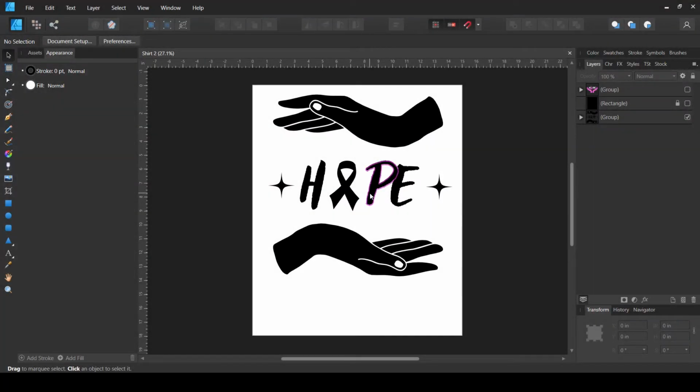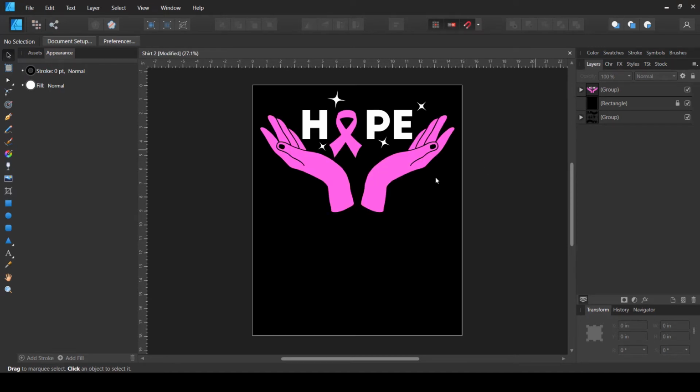And this is the second design from that set. You can see that it has this word hope and the hands at the top and the bottom. So I have changed this design into this one. The word hope is still on these hands, but I have changed the position and orientation of these hands, moving upward, kind of taking care of that word hope.